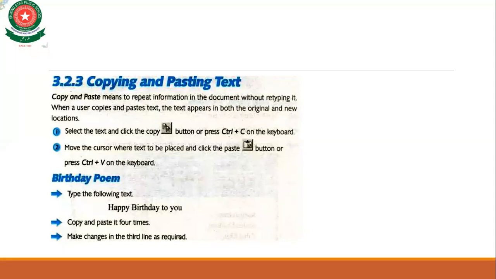But there is a difference between cut-paste and copy-paste. When you cut a word from a sentence, the word will be removed from the sentence. But in the case of copy, the word is not removed from where you copied. Okay, that is the difference between cut and copy.